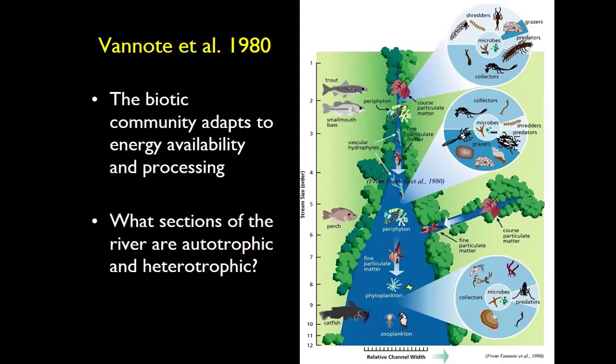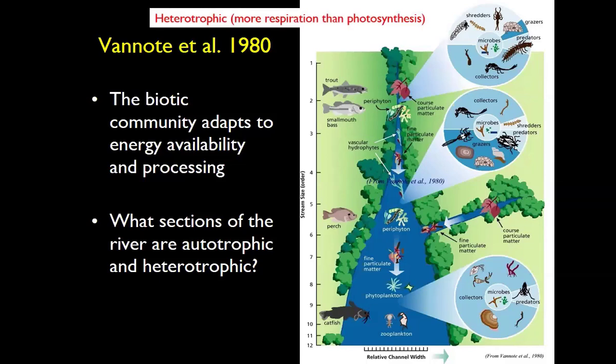So relatively speaking, downstream. But if we go too far downstream... so yeah, let's just kind of take it through, because everything you guys said was correct, just based on context. When we're up here in the headwaters, it's heterotrophic because you don't have a lot of photosynthesis going on. It's shaded. The water's cold. So you don't have a lot of photosynthesis. On the other hand,